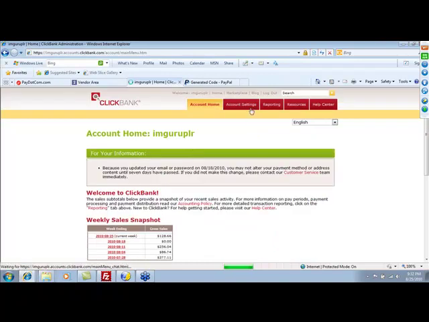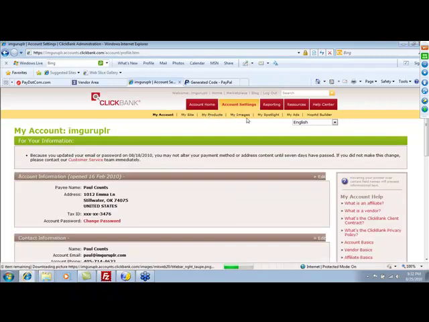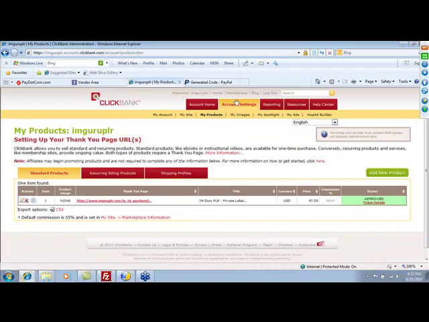Okay, so we're logged on in here to this example account, and you just want to come on over to where it says account settings, and choose my products. You want to first set up your account with ClickBank, which you can do at clickbank.com. You just want to go ahead and set up your account. So what you want to do here, where it says add new product, just go ahead and come on in here,